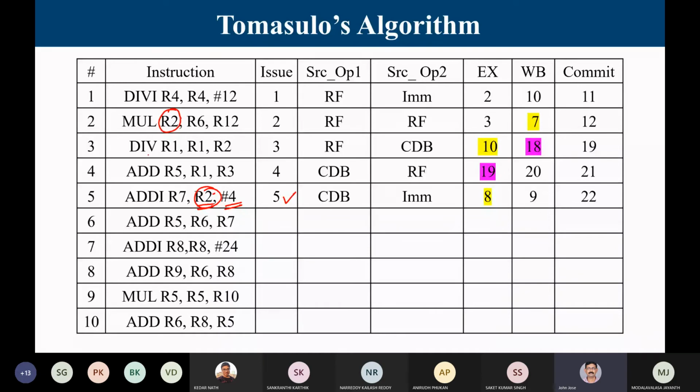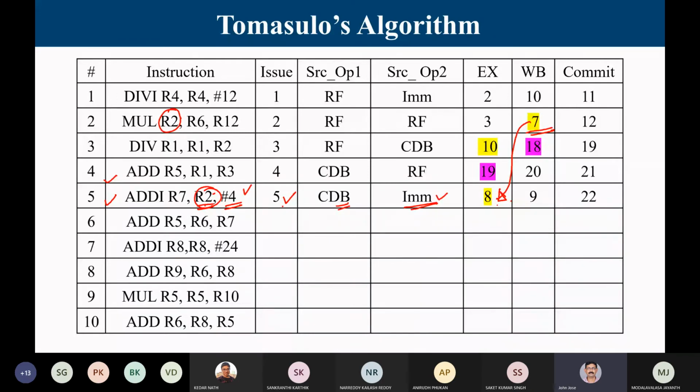At 5, I know that for the result to be returned to R2, the register status indicator tells that it will be available from the corresponding CDB only. Now, the result will be produced only at 7. The second operand is immediately available, but the first operand I have to wait for. So that is 7 plus 1, 8. And this is also integer addition, only it has an immediate operand. So at 5 I will issue, with one operand I wait on CDB and the second operand is immediately available.